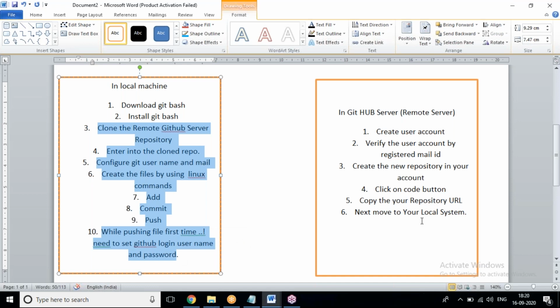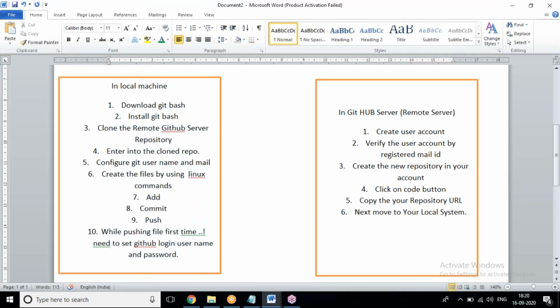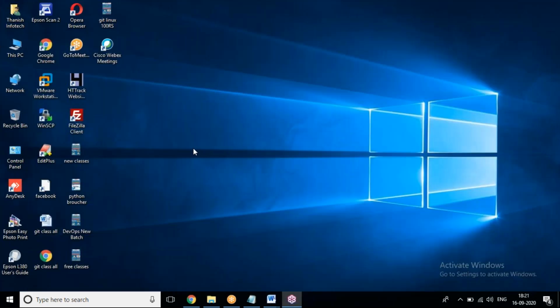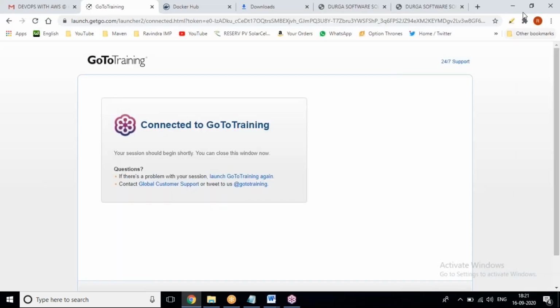After copying the URL, see, now we are having two processes: one GitHub server, one local machine. Now I am going to create one mail ID.